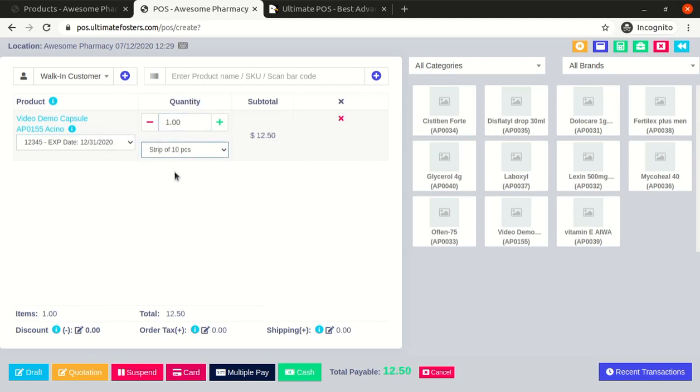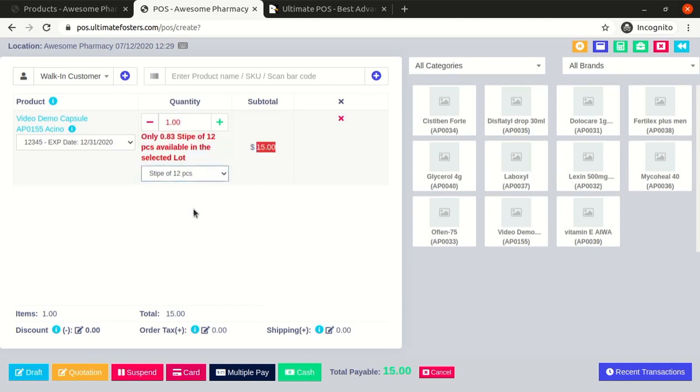You can see when I am selecting strip of 10 pieces, it's changing the price over here. The price for one is 1.25. The price for a strip of 10 pieces, if I am selling one strip which consists of 10 pieces, is 12.50. If I am selecting a strip of 12 pieces, then the price is 15.